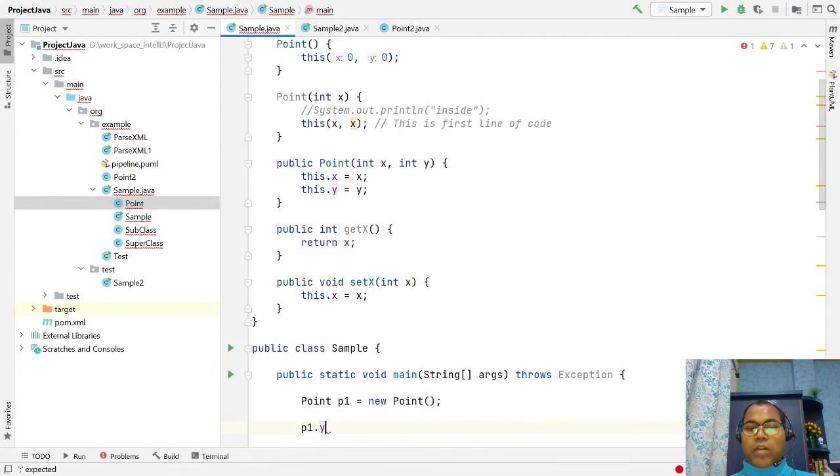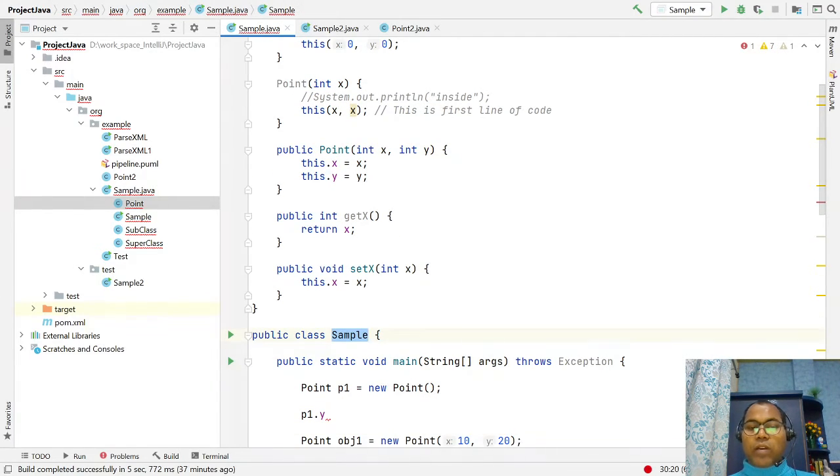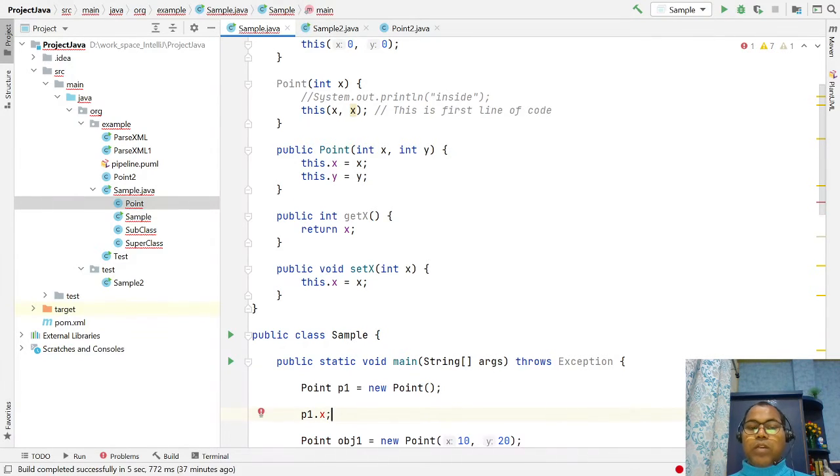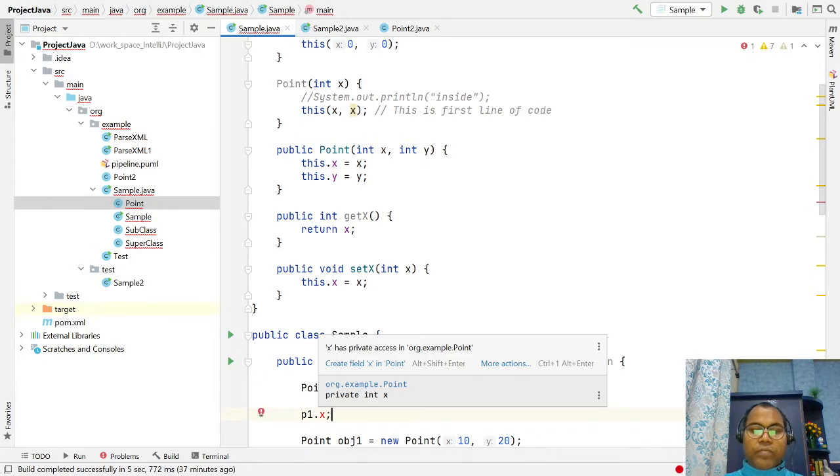Here, in another simple class, you are trying to access your x. So here x is not allowed, because x is a private access modifier variable.